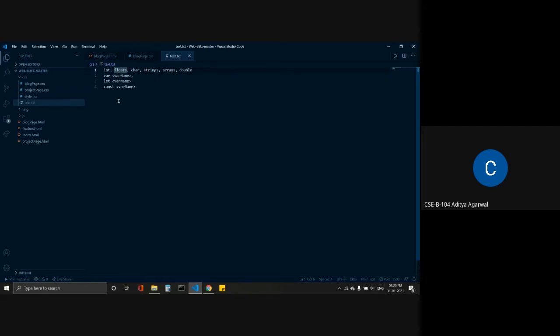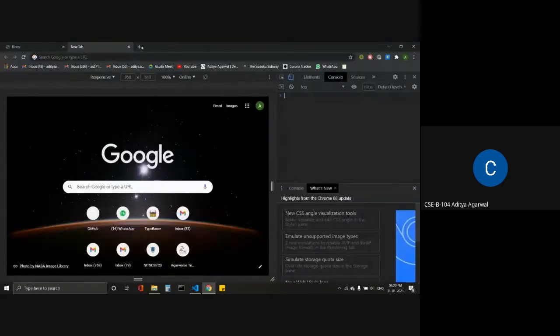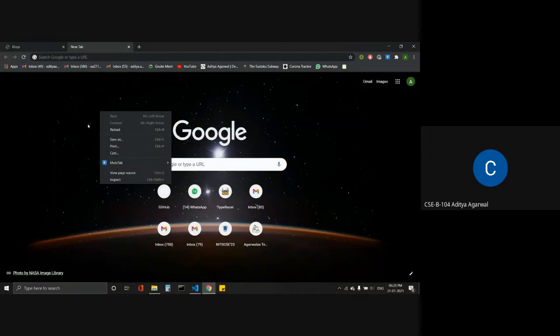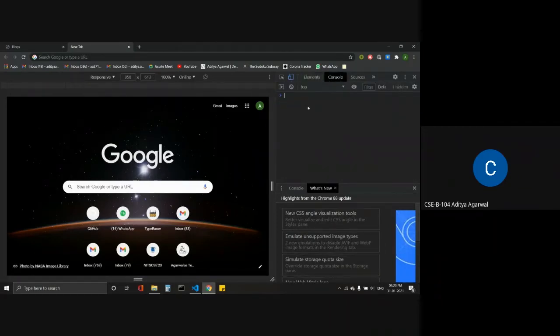If we want to run JavaScript, we open the browser, right click and click on inspect, then click on console. Here we can write JavaScript, and it is the runtime environment where we can write and execute our JavaScript code.